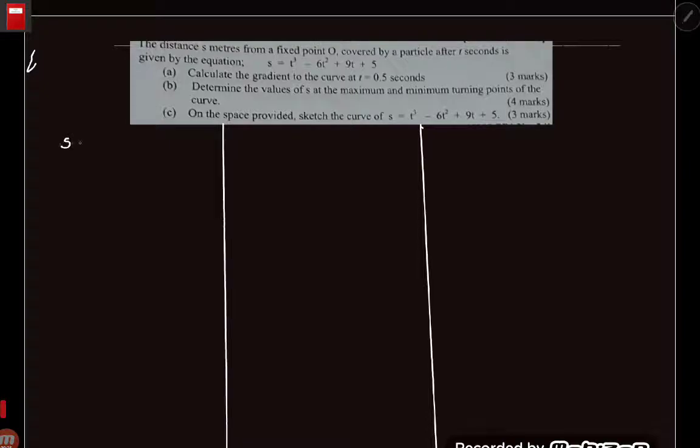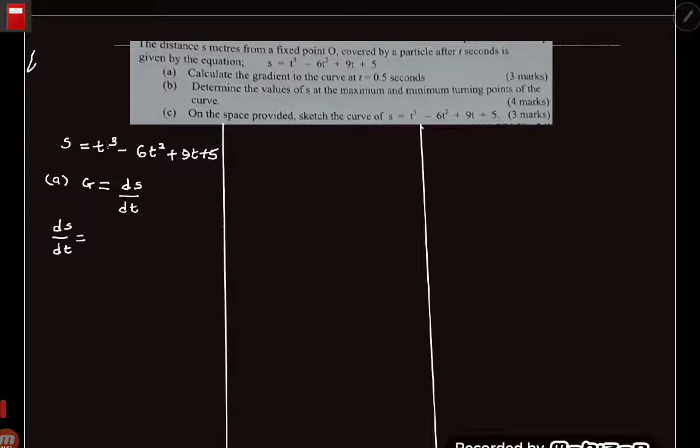The curve is given as s is equal to t cubed minus 6t squared plus 9t plus 5. Gradient equals differentiation. So to get gradient, we get ds dt, and ds dt is equal to,